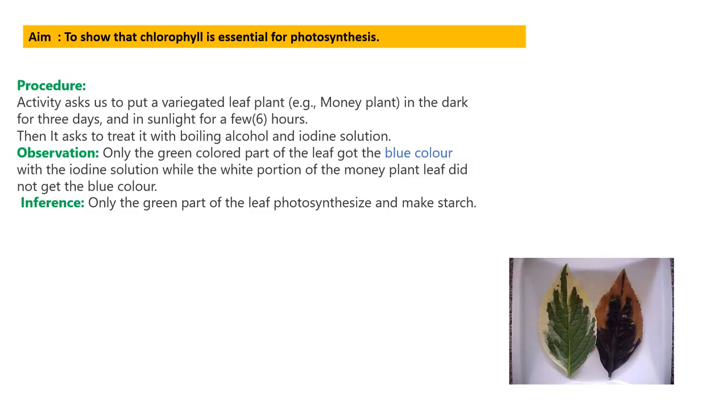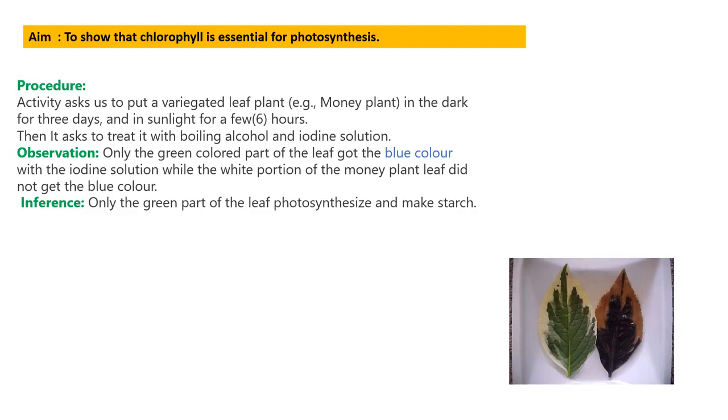Now what is a variegated leaf? If you can see, this is the plant, and this is the leaf which is called a variegated leaf, where you can see a certain part of the leaf is green in color and certain parts are creamish in color. So we call these variegated leaves. A certain part of the leaf can produce chlorophyll, and the other parts cannot produce chlorophyll, that is why they are not green in color. So we need to take this type of leaf. This is a money plant leaf that we have taken in this experiment.